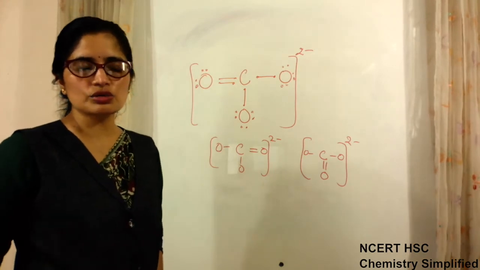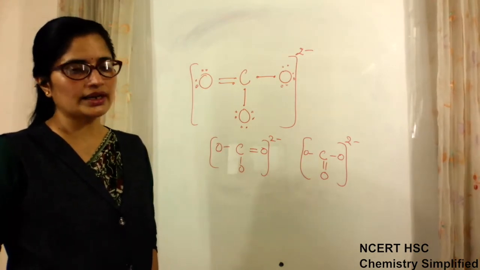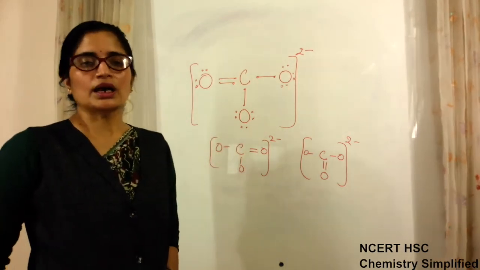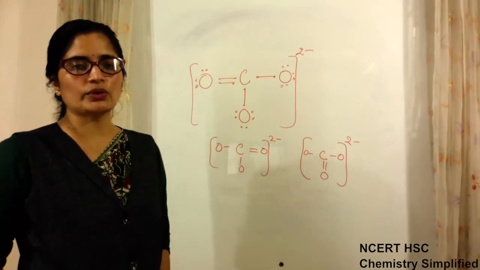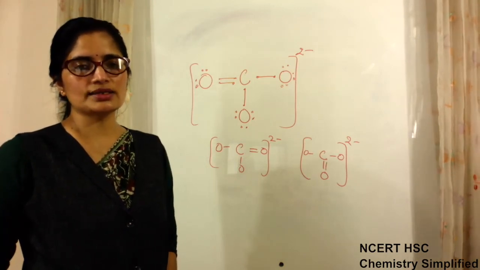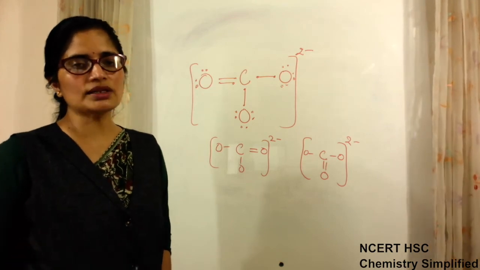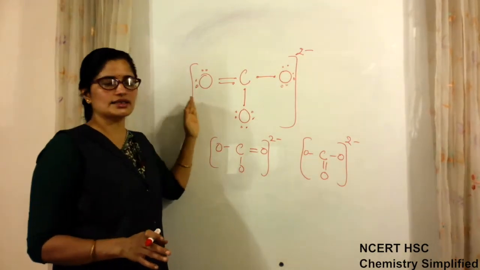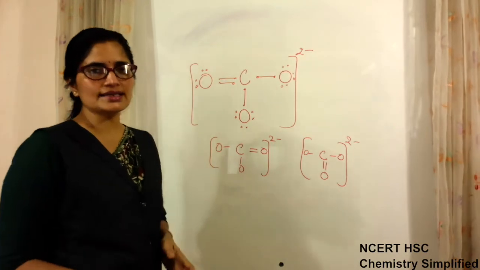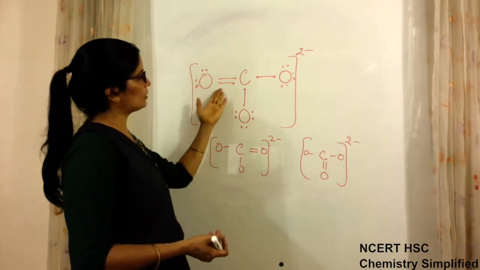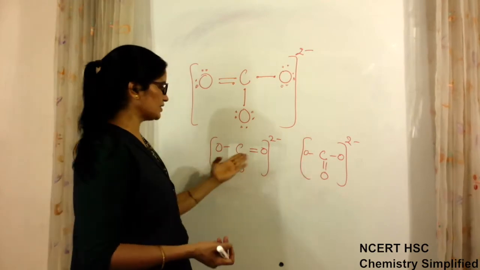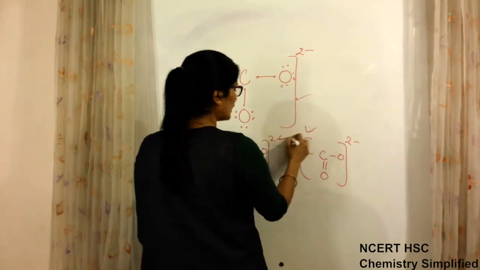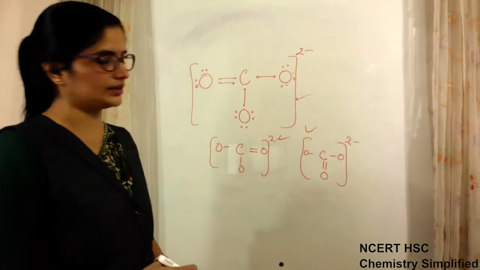Such structures are also known as resonating structures. Okay, that we will discuss later, resonance phenomenon. But you understand that when more than one identical structure are possible for a particular molecule, then all those structures are known as resonating structures, and none of the structure is the real structure in such cases. That is a separate point, but you just understand the formation, because when you will make in exam, one can make double bond this side, someone else will make double bond this side, someone else can make this side, because it is not fixed. So all are equally correct. All are equally correct. Any one you can make. Okay.